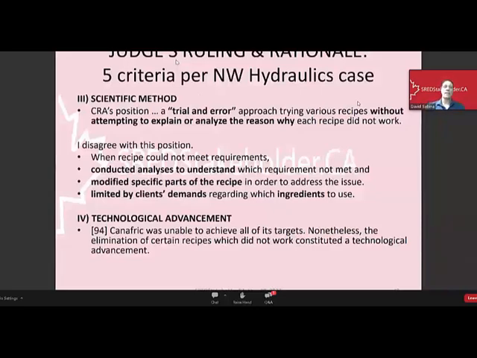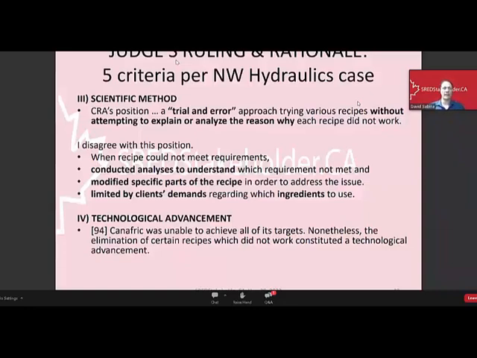Criteria 3, did they use the scientific method? So the CRA took the position that there was a trial and error approach as opposed to a systematic investigation as required by the Act. Trial and error would be where you attempt different things and figure out that one works or doesn't without really understanding why something worked. So finding out what worked is the result, understanding why it worked is the conclusion and